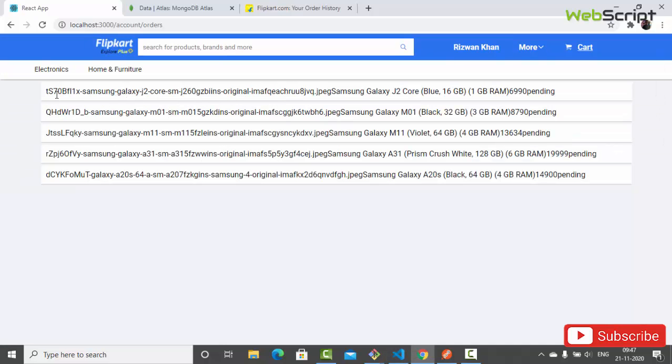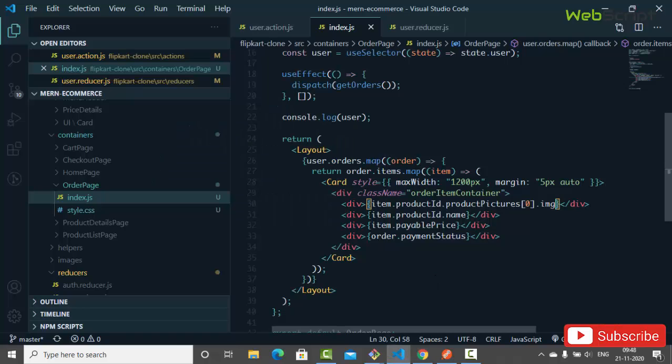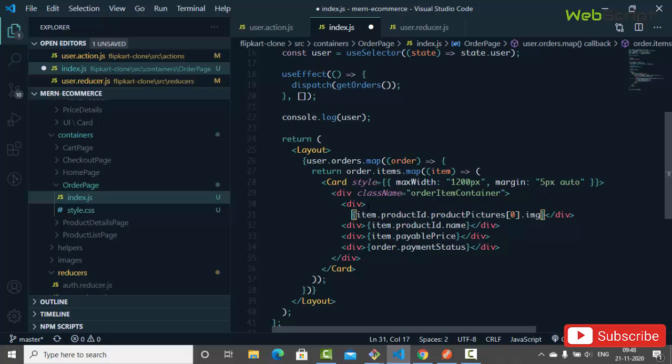So here we are getting all the things. It's not looking very good, but you can see this is the image path. Then we have name of the item, right? And then we have price of the item, and then we have pending status, right? So we have to work on this styling a little bit, and then all set. So here we are going to say